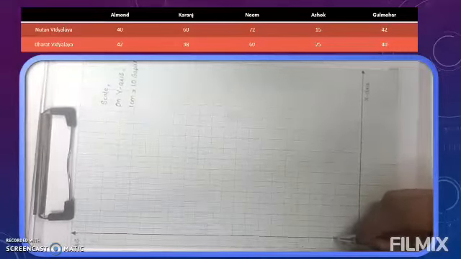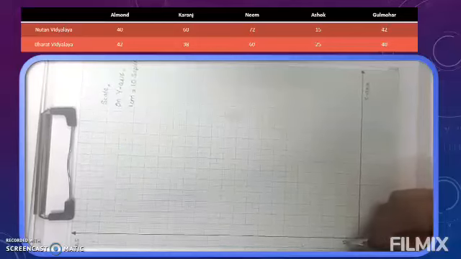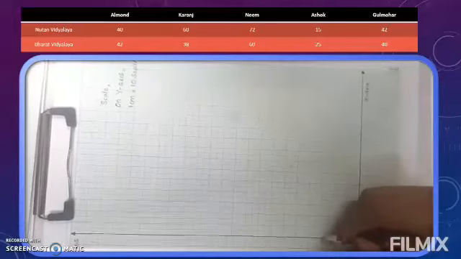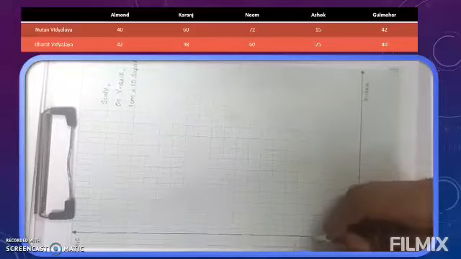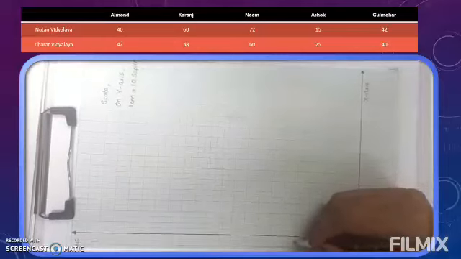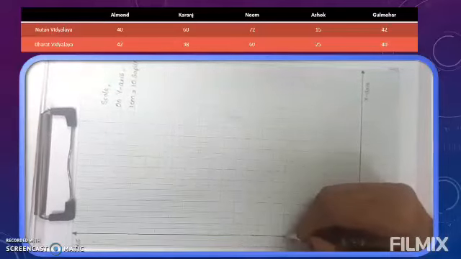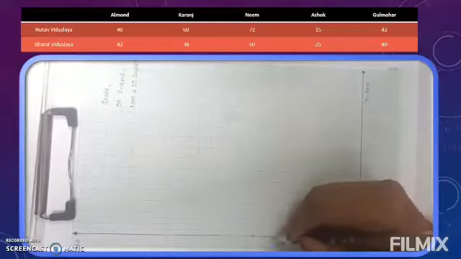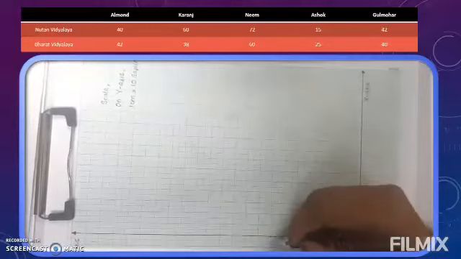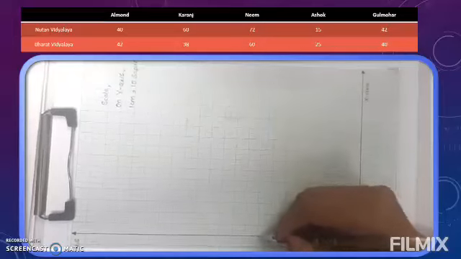So on the next darker green line, again plot the point, and 10 twos are 20. Then again on the third darker green line, write 30. On the fourth darker green line, write 40, and so on. We will write the numbers on the darker green line. You will not put thick or dark dots. Put small dots and go on writing numbers.